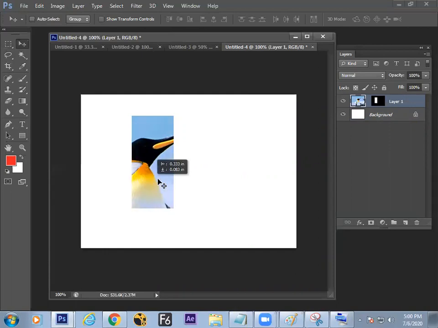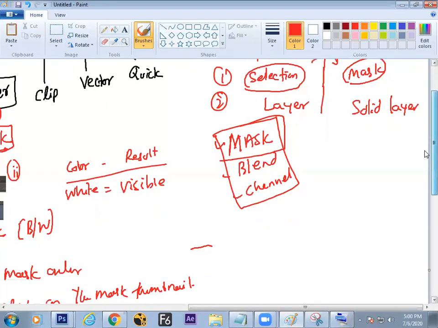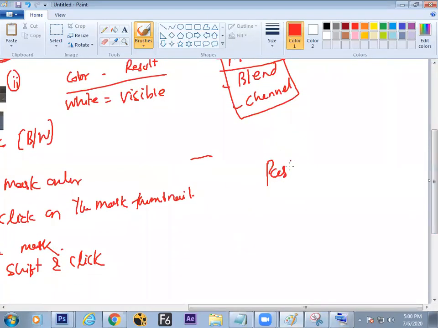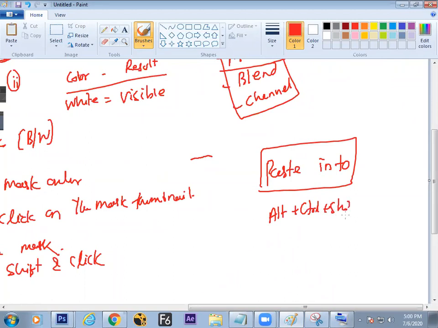So we have now understood a new topic called Paste Into. Alt Control Shift V. This is a method of pasting only, but it pastes the information inside a selection.